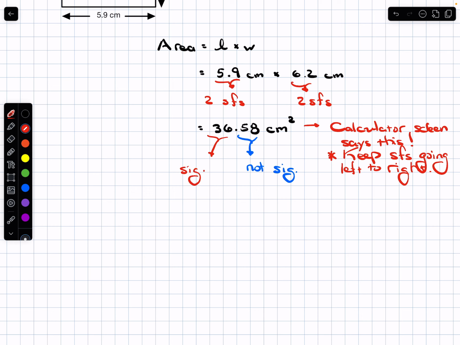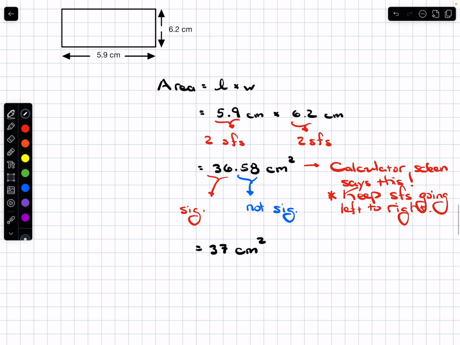So what we're going to have to do now is use our rounding rules to round this to the ones place. And if we do that, we're going to end up with a value of 37 centimeters squared for the area of that rectangle. And again, it's critical that we use sig figs because they tell us about the measurement object that we use, the instrument that we used to measure the size of the rectangle, how good that instrument was. So it's giving us information. So we're not just taking something off of the calculator and plopping it on the page. We actually did a calculation and we have to tell the reader of this, hey, my measurement instrument was good to 2 significant